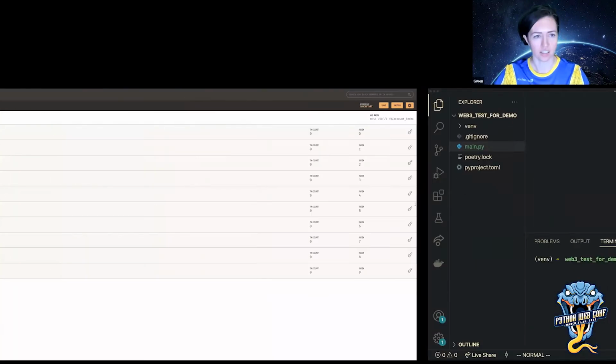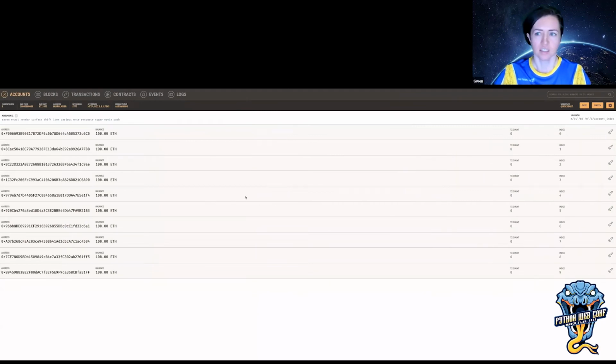I already have that installed and running over here. Every time you exit out of it, it will reset this whole account. I guess I can just show you a couple of the options here. It gives you 10 accounts out of the box, which, if you've ever tried to develop with blockchains using test nets, you know you have to go to a website called a faucet, where you try to get some test ether, which may or may not be working.